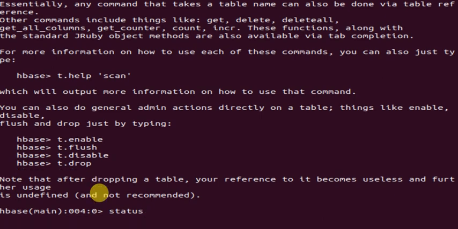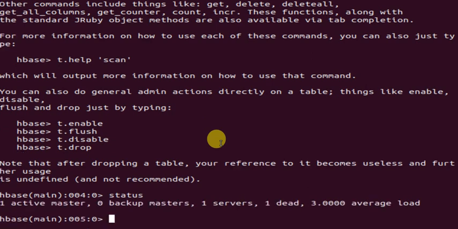So these are the basic commands which will help you understand the basic things about HBase. It will give you how many masters as well as servers are running, as well as the average load. So that's all about the configuration of HBase.